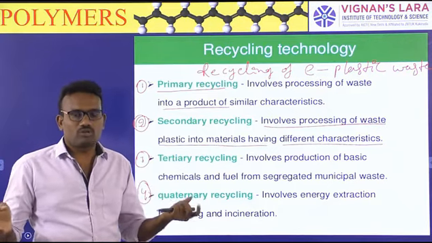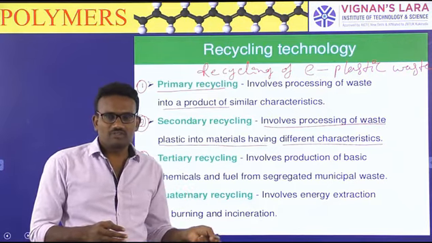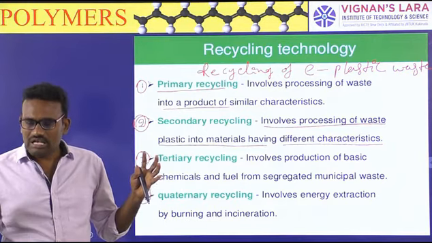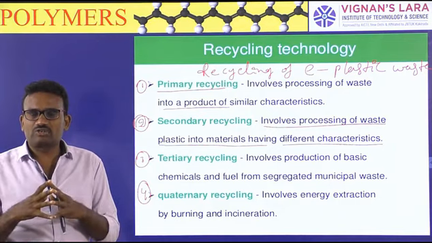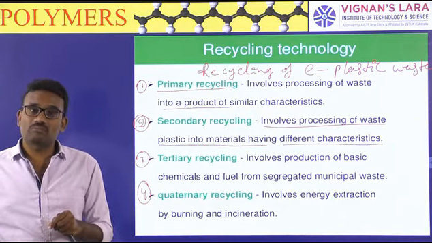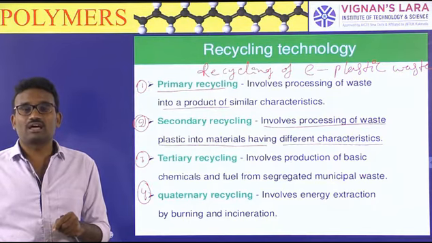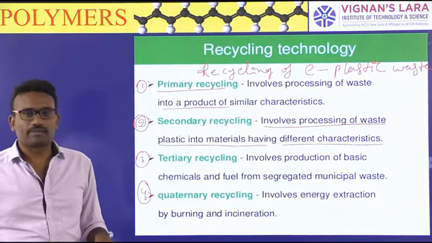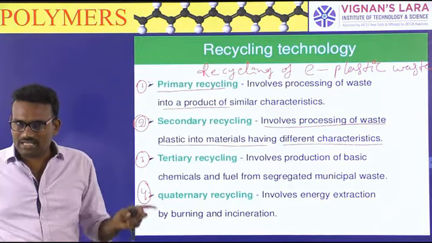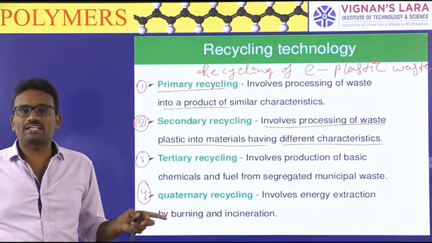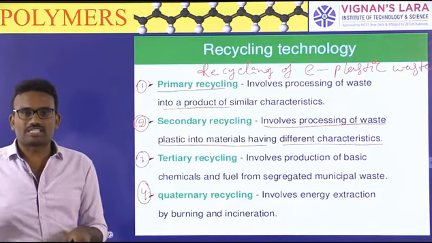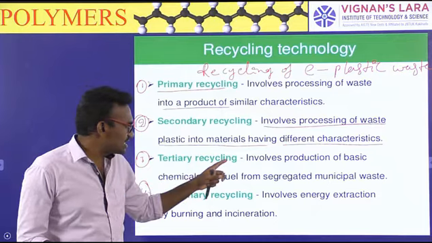The 20 rupees water bottles, for example, are put outside. The same 20 rupees water bottles have heat applied and are converted to soft, and chemicals are added. It will design 100 rupees water bottles. That is the secondary recycling. So the waste characters and the product characters are not similar, they are different, because of the addition of chemical ingredients in the recycling process.